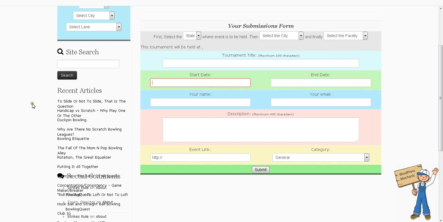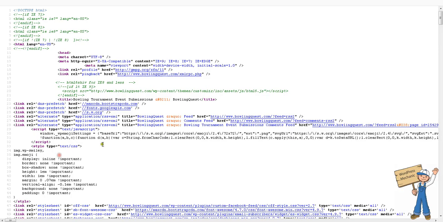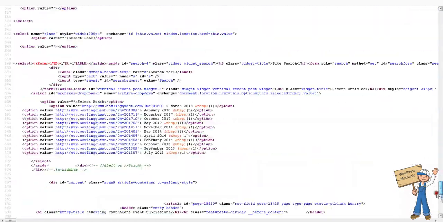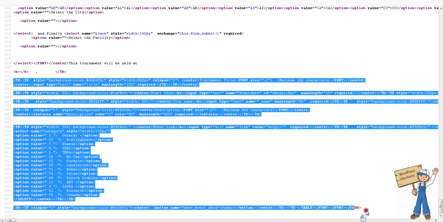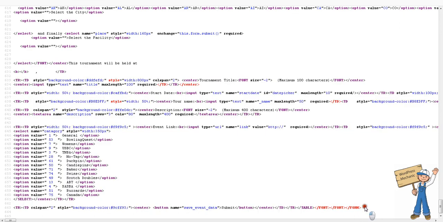Because your source code is telling me that there is some problem with your form. You're having some kind of glitch in your form or theme or any plugin which is preventing it